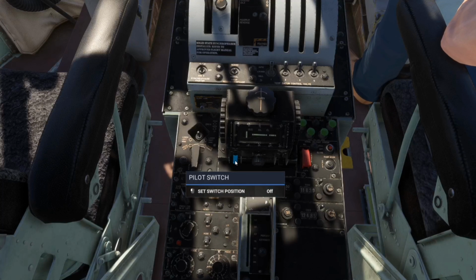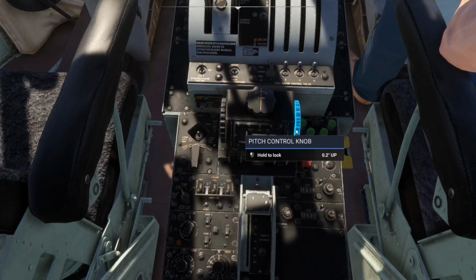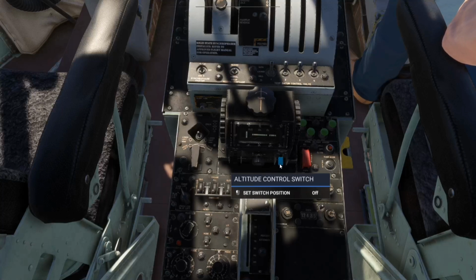We have a little pilot switch, which is basically the autopilot. It's just an on or off. There's not really much to it. These will change the amount of degrees the aircraft will pitch up or down, and this will hold the altitude that you have climbed to. You cannot set an altitude, you have to climb to the altitude you want to climb to and then flick